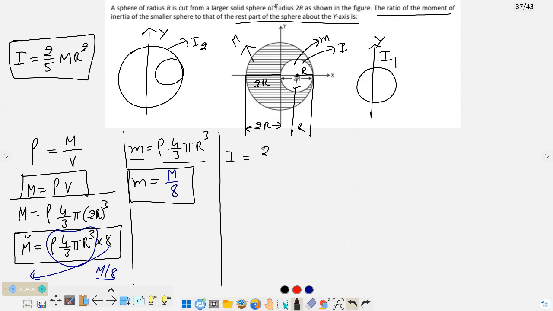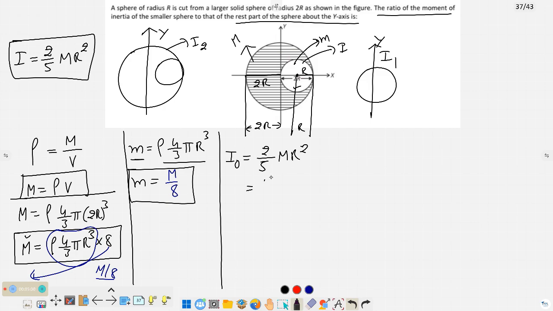The moment of inertia of any body about its own axis, that is 2 by 5 m r square, is the formula here. So here I am taking I naught, because the original moment of inertia about its own axis is I naught. I naught is equal to 2 by 5 m r square we can write. So after substitution of this one,